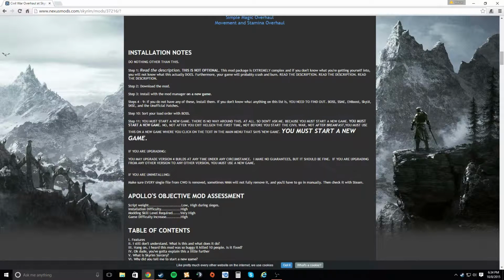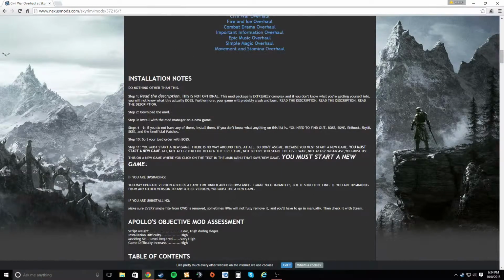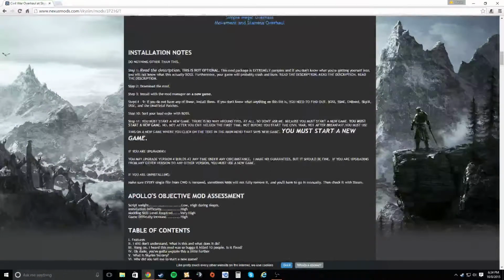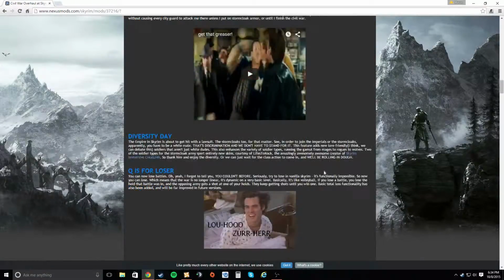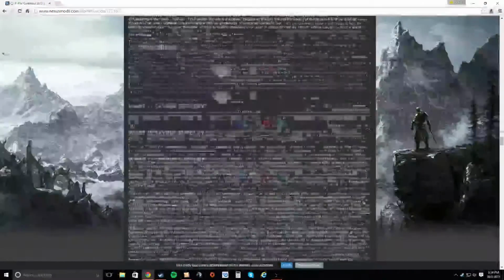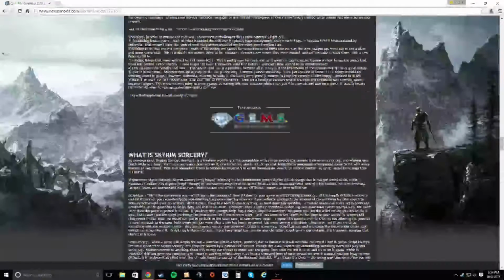And then it says if you don't have any of these mods, BOSS, ENB boost, SkyUI, which we have, SKSE, and unofficial patches, then the mod's not going to work correctly. He also says in the installation you must start a new game. And that is something that you need to do to actually get this mod to work. But if you didn't read the mod and you just download it, you could actually mess your Skyrim up. So make sure that you read mods, like the installation, and make sure you read the compatibility issues. So if something said it doesn't work with this mod and you download it with this mod, then it won't work. So make sure that you check. I don't think there is any